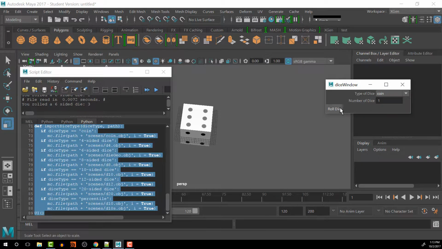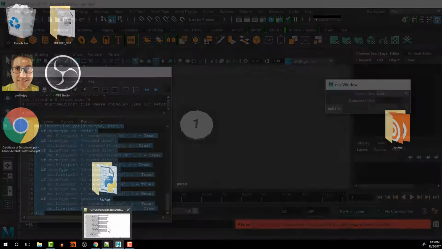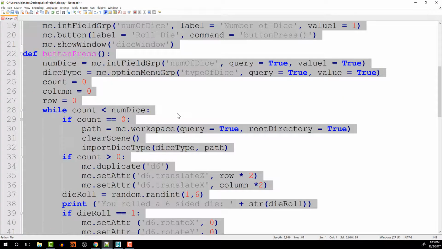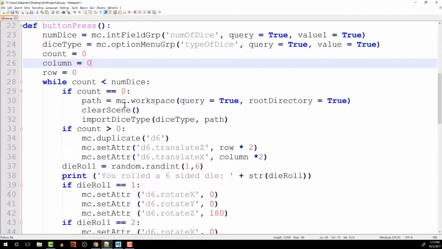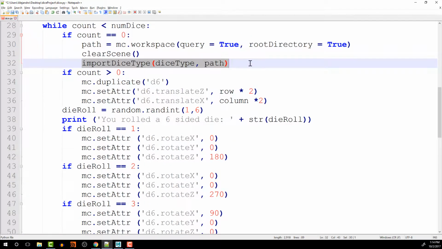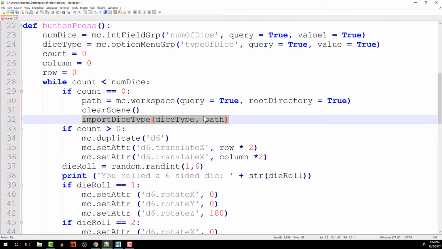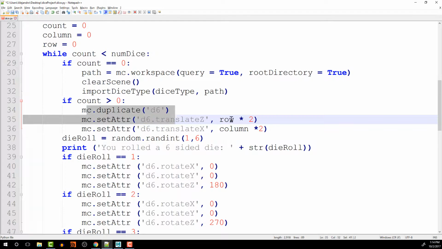Cool, and it does. We can see that it works here as well. Perfect. So now we've simplified the code here a little bit where all of those lines of code now, we're just importing a single line here that is based off of importing the specific die. Now here, this part here, we can maybe